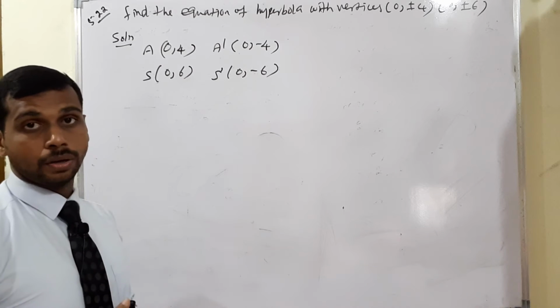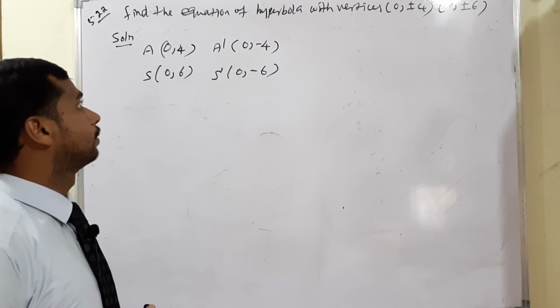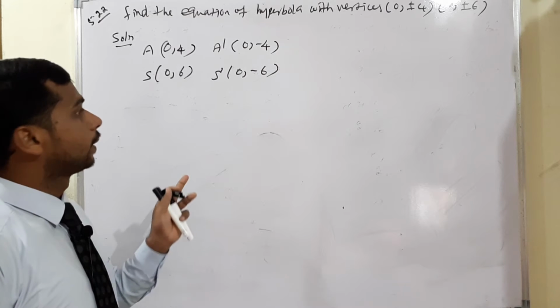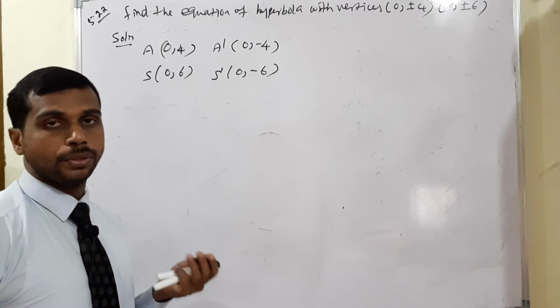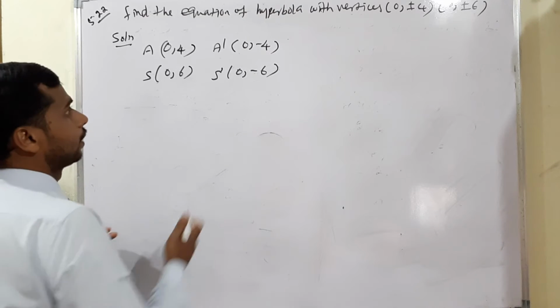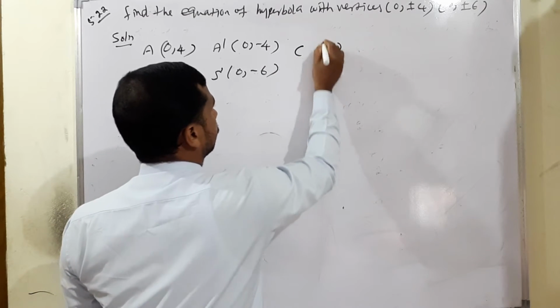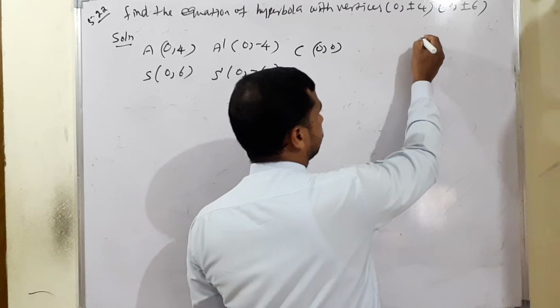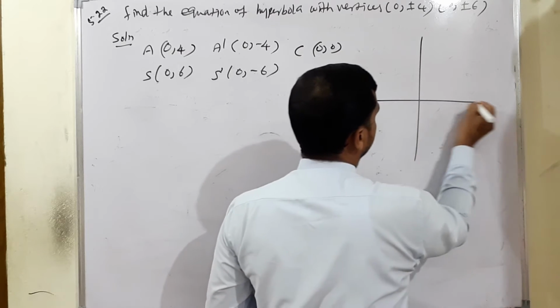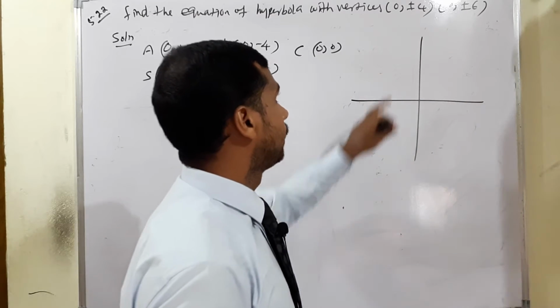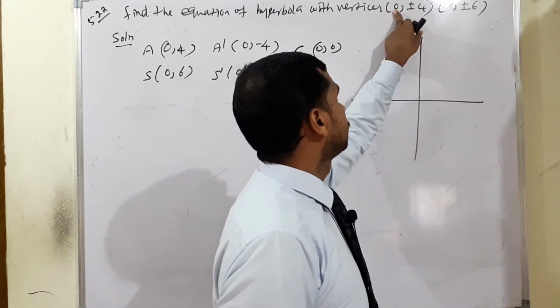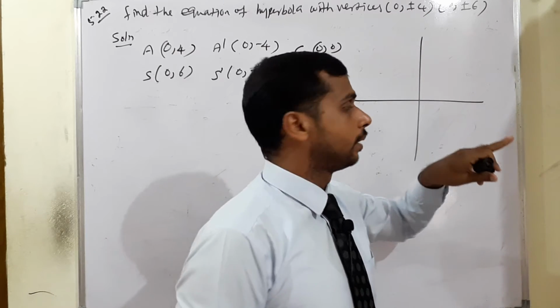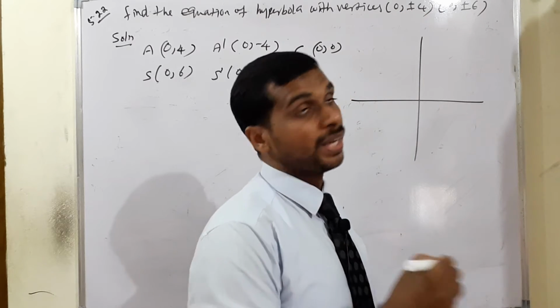By the midpoint formula, x1 plus x2 by 2, means minus 4 plus 4, value will be 0. 0 divided by 2 means value will be 0. Therefore, we can write the center as 0, comma 0. So, drawing the line, is it x axis or y axis? Look at there, both the x coordinates are 0. X value being 0 means definitely the drawing matches with the y axis.